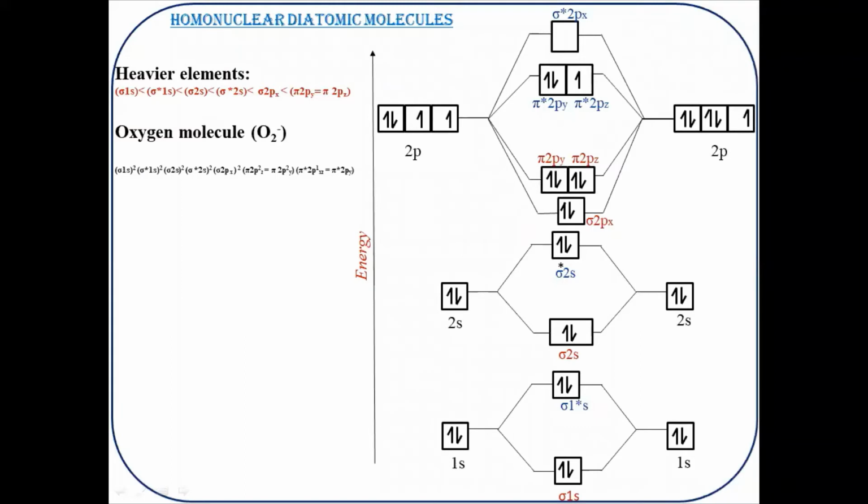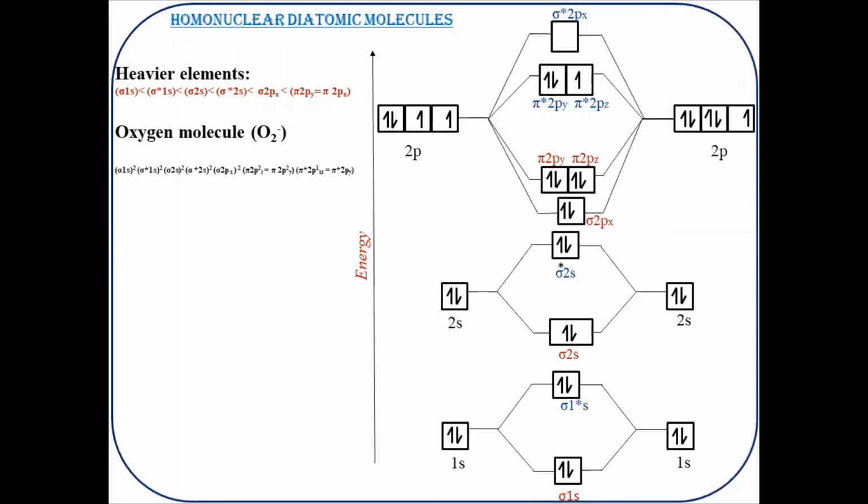Now, when we fill up these molecular orbitals, we assume that the inner shell does not participate in bonding. And in the case of the oxygen molecule also, we see that the anti-bonding pi 2py and pi 2pz orbitals were singly occupied in accordance with Hund's rule, right? And the unpaired electrons give rise to paramagnetism. So in the case of the negatively charged oxygen ion, for example, the compound potassium superoxide, KO2, it carries the O2 minus ion. It contains the superoxide ion, which is O2 minus, right?